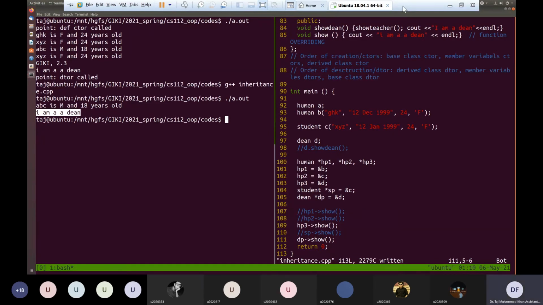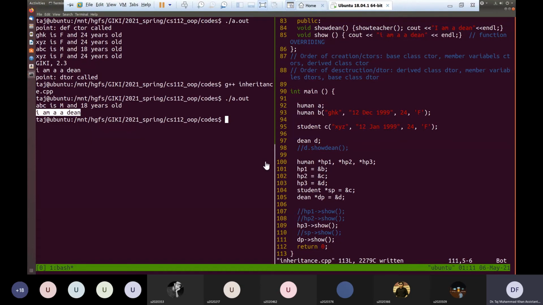So basically, we are able to assign pointers also. If there are different types of pointers, you can't normally assign one type of pointer to another. In C++, type rules are very strict. But here it allows you to assign one type of address to another type of pointer, because these two types are not totally different. They are related through inheritance. So because of this relation, it allows you to assign a Dean pointer to a human pointer.